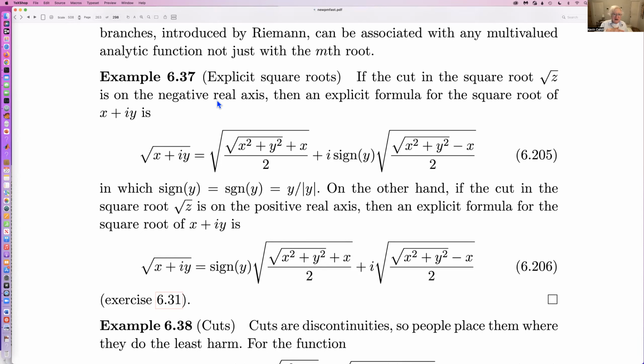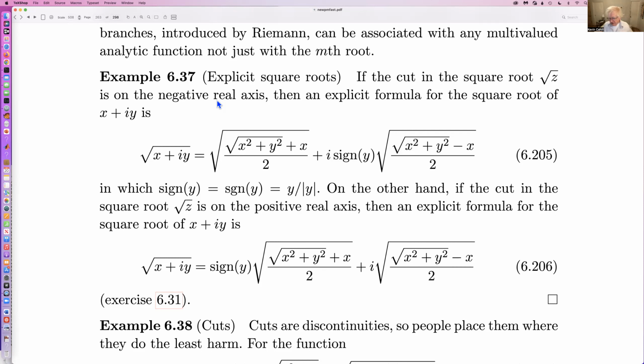If we put the cut on the negative real axis, then as z goes around the upper half plane, theta increases to pi, and then if you go down into the lower half plane, theta goes from 0 to negative values, eventually reaching minus pi. So for this